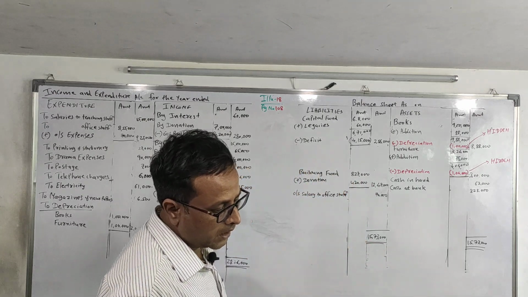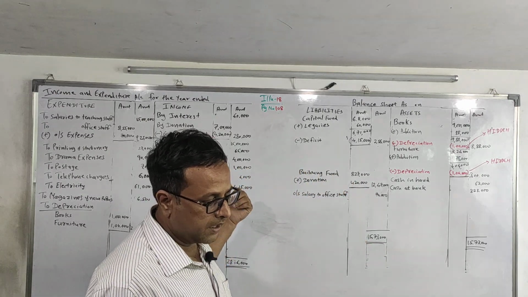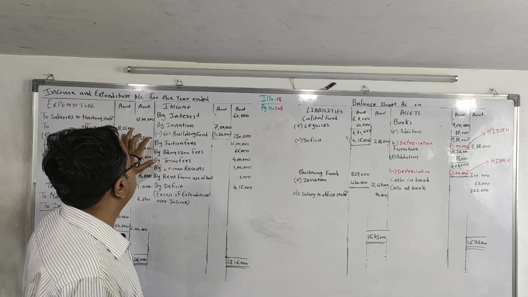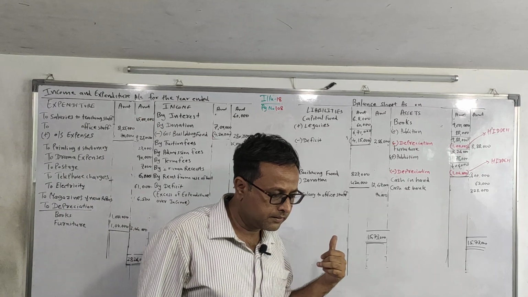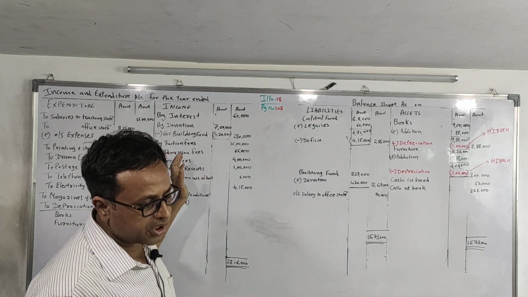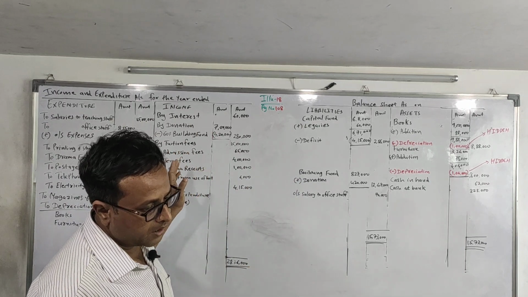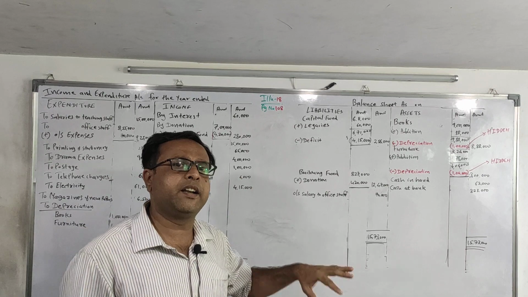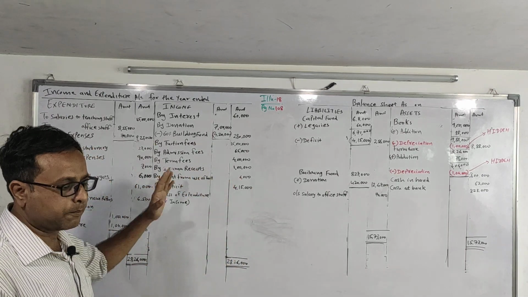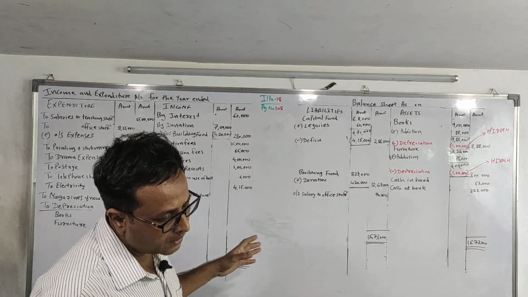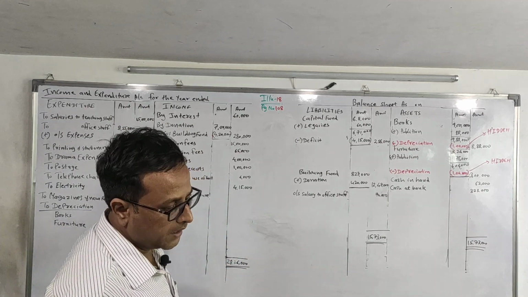Interest we'll write in income. Donation we'll write in income. In donation there is an adjustment, so we'll write in the inner column. Tuition fees we'll write in income side. Admission fees we'll write in income side. Term fees, drama receipt in textbook they have netted off with the drama expense, but we'll write both at separate places. Rent from use of hall, it is income for us.